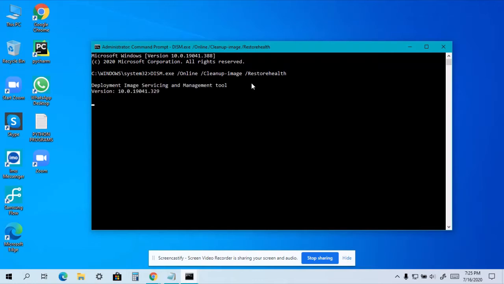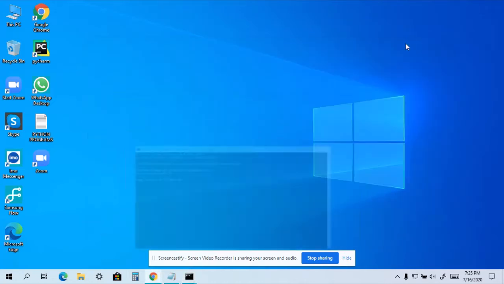This command will take a lot of time, so make sure you complete it. If you don't complete it, many of the errors will not be removed. It may take up to 2 hours depending upon your PC. If your PC is fast, it will just take 1 hour. Make sure you complete it.